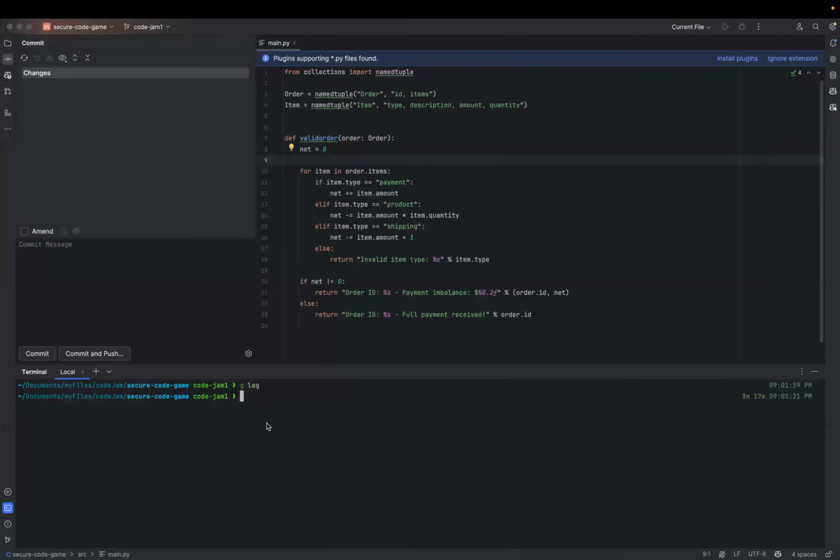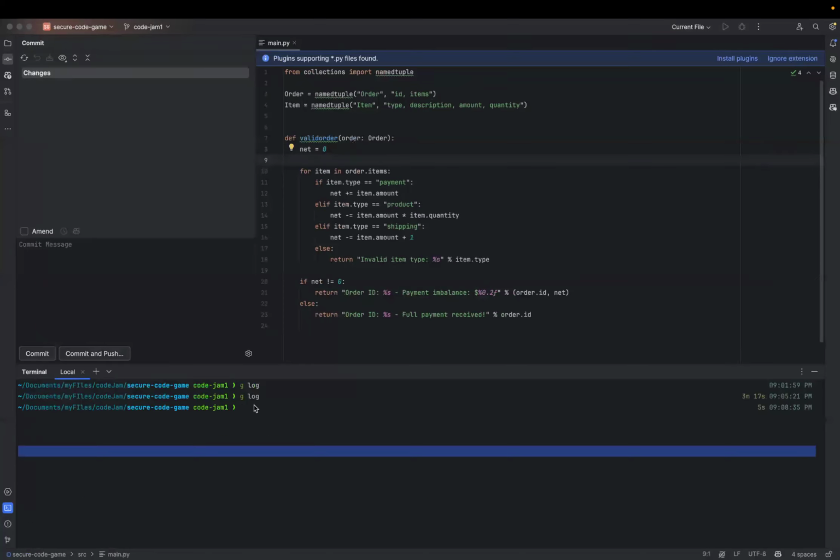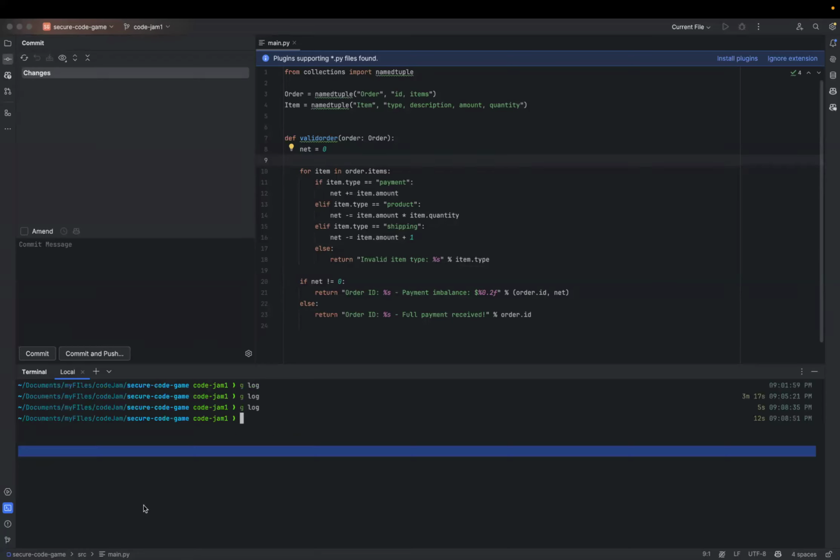So I'll demo that. Let's hit git log here, and let's say we want to go back in time here. So okay, I think you got me. When I copy this commit hash, I'm going to go back to that point, that means before adding the shipping feature. Okay, so git reset with the commit hash.